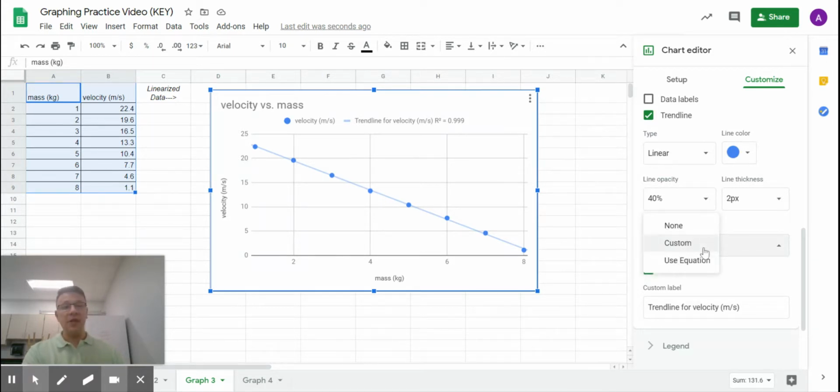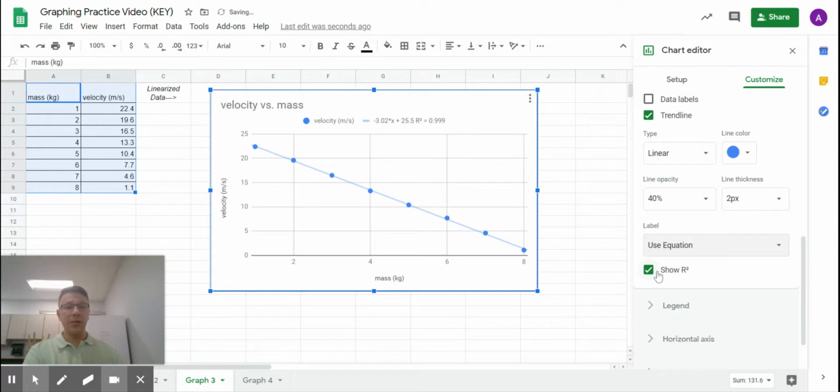Now, for this, we're going to use an equation, and I'm going to get rid of the R squared value because that's really just to check to see what we think, whether it's linear or nonlinear, right? So I'm going to get rid of that. We're good to go. Now I've got this equation up here, and it doesn't look like much, but